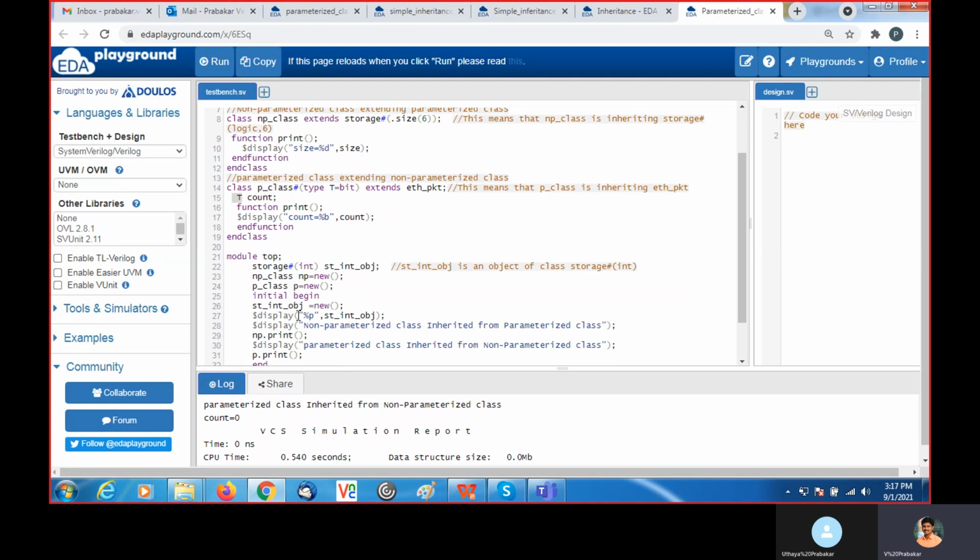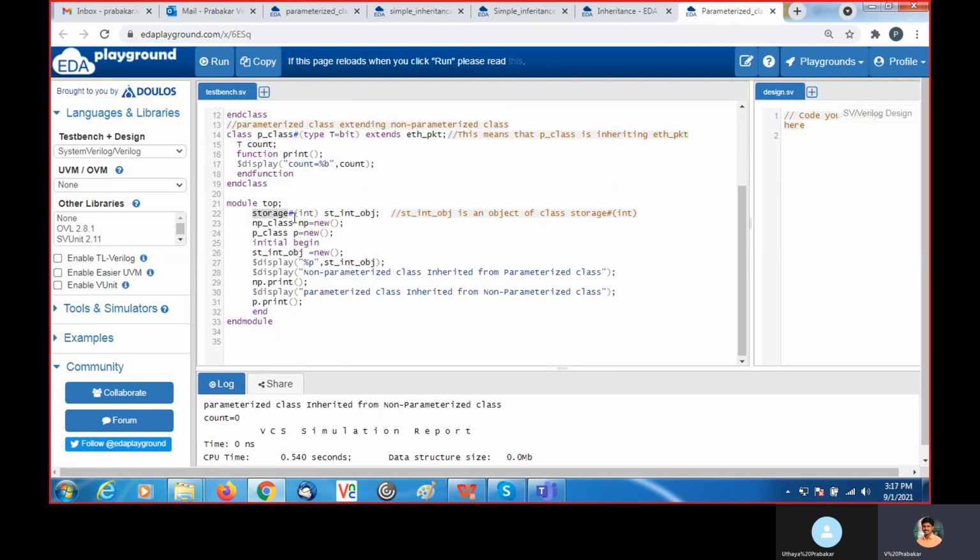And in the top module, I instantiate the storage class as an st int object. Then the NP class, then the P class. The three classes I instantiated, and for this class, I create a new here. This is one way, or you can also call the new function like this.